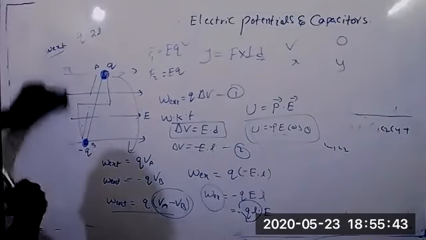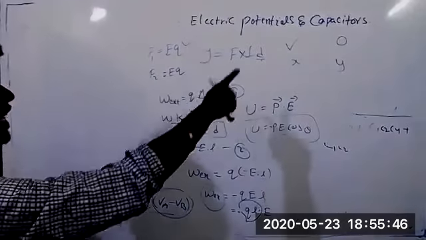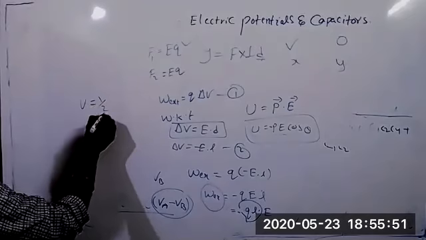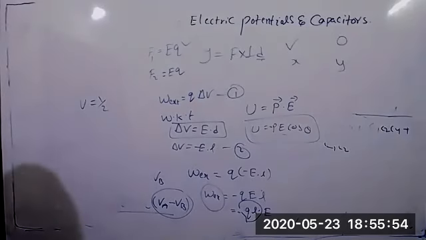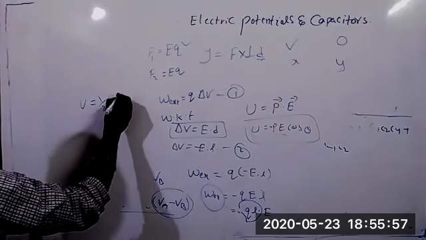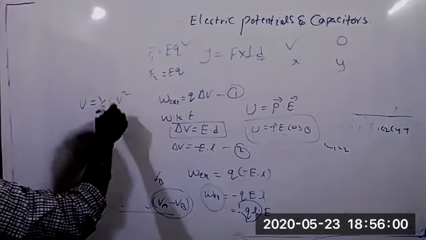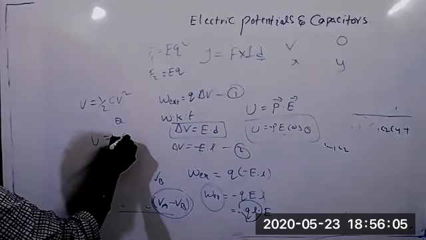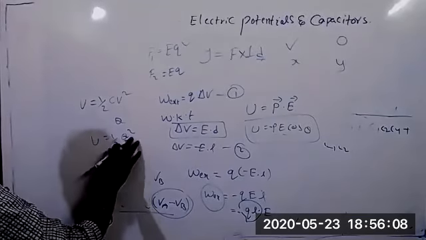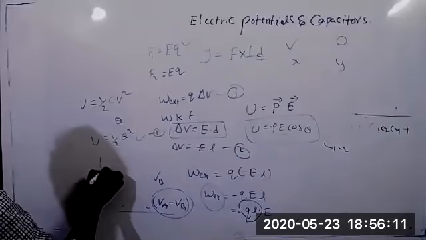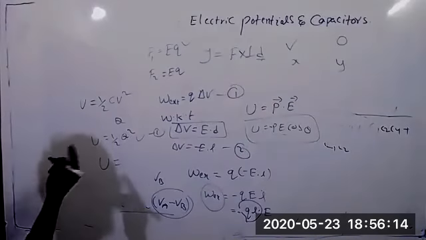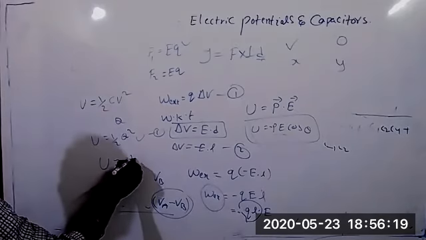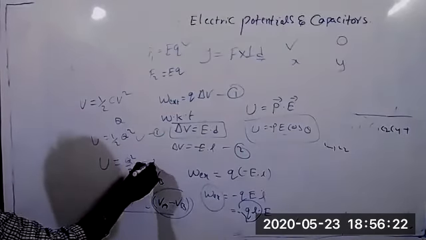And the most important thing: when they have not given any circuit, they will ask you to calculate energy. What is the formula for energy stored in a capacitor? Half CV square. One more, in terms of Q, you can write half Q square by... Q V, one of the formulas. And one more energy formula in terms of C and Q: Q square by 2C. See, these 3 formulas are very important.